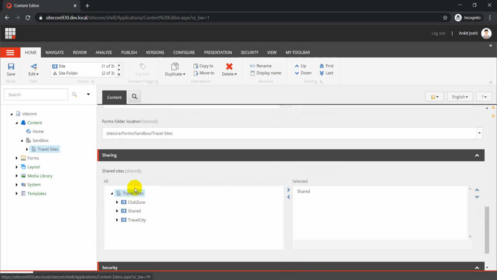So under sharing, I just have 3 sites created. Anyways, nothing has been added so far on any of these sites. It's just for the representation that under each tenant we can have multiple sites, and one of the sites can actually act as a